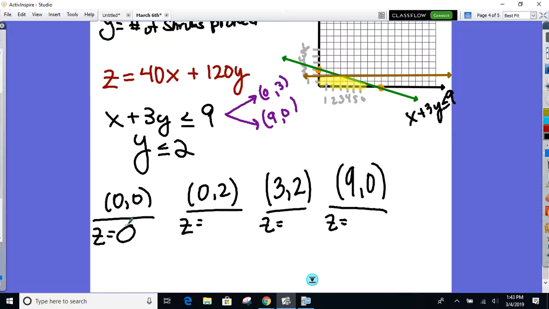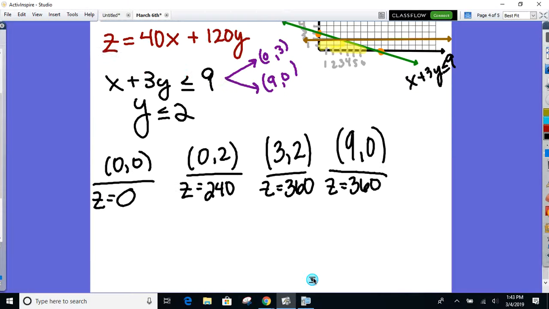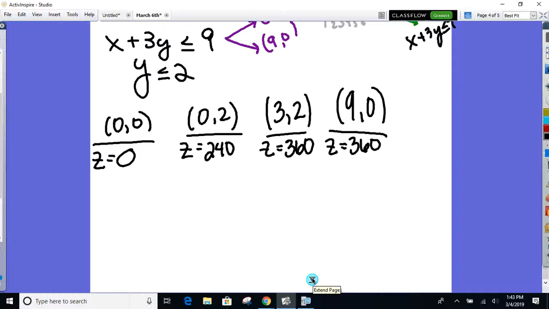0, 2, 240 bucks. 3, 2, 360. 9, 0, 360. All right, well, actually, there's 2 combinations that produce a maximum profit, right? And yes, I do need to see a little statement at the end saying,